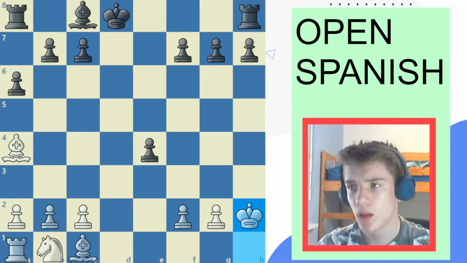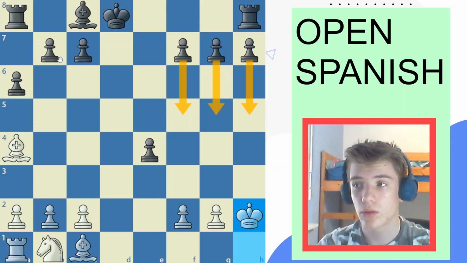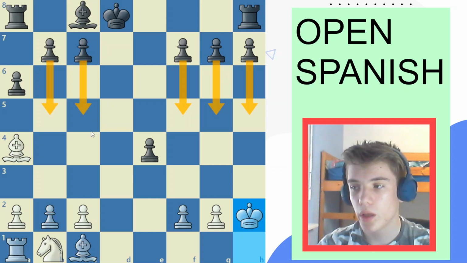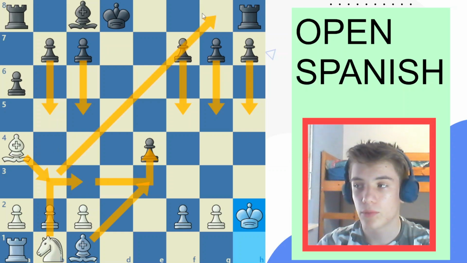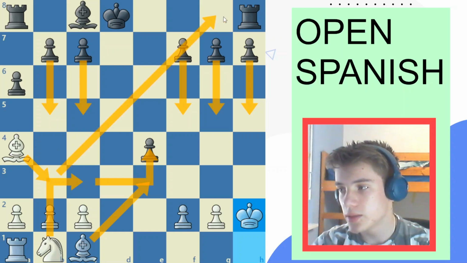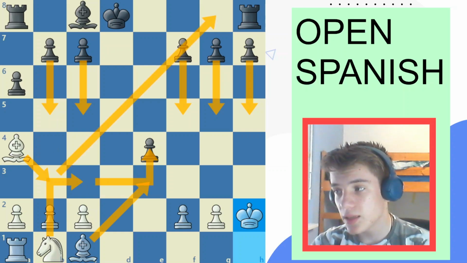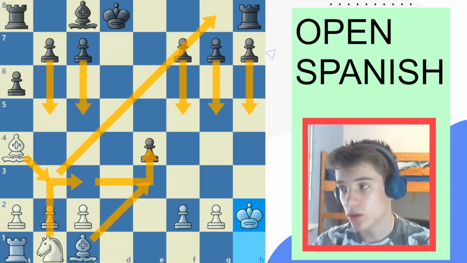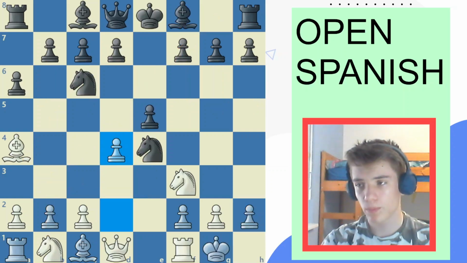So black will try to use this pawn majority on the king side and on the queen side, and we as white will play something like bishop e3, knight c3, and pressuring black's position. So this is the sideline in the open Ruy Lopez after the move pawn d4,